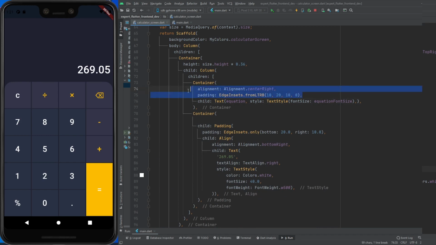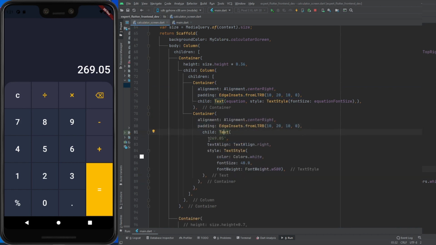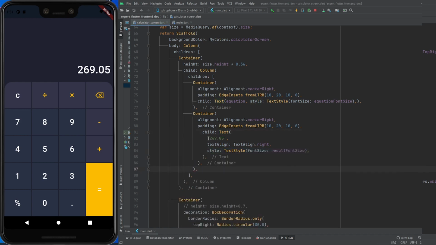This container contains the actual result of the value, and we will replace this and remove the alignment here. Now we'll set the text value to result, and I also replace the text style from above. Now the result text value will be result.